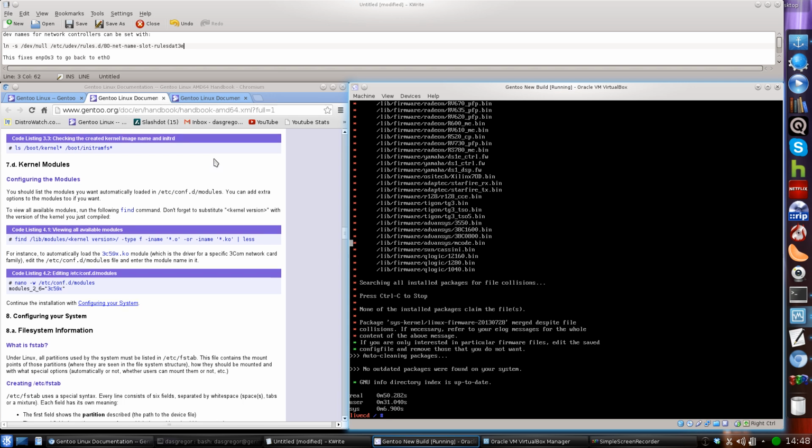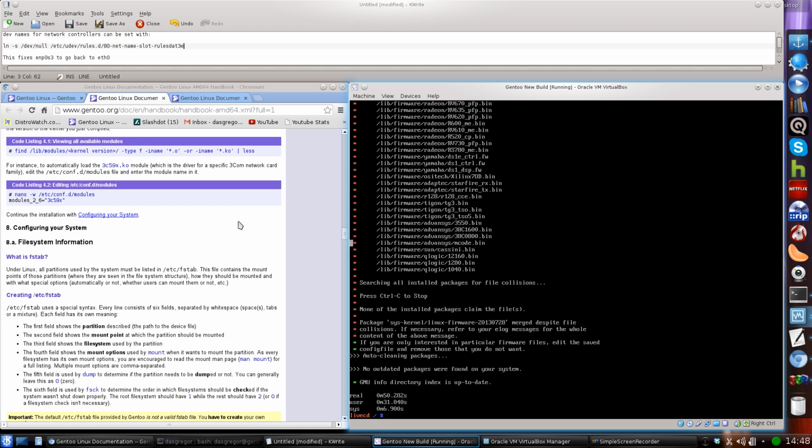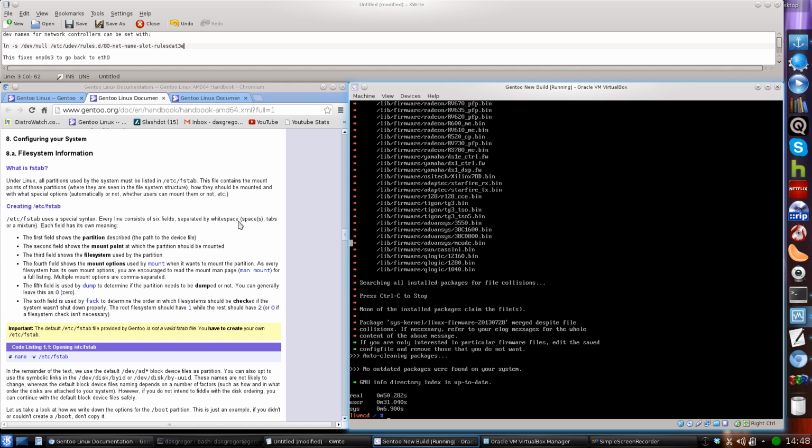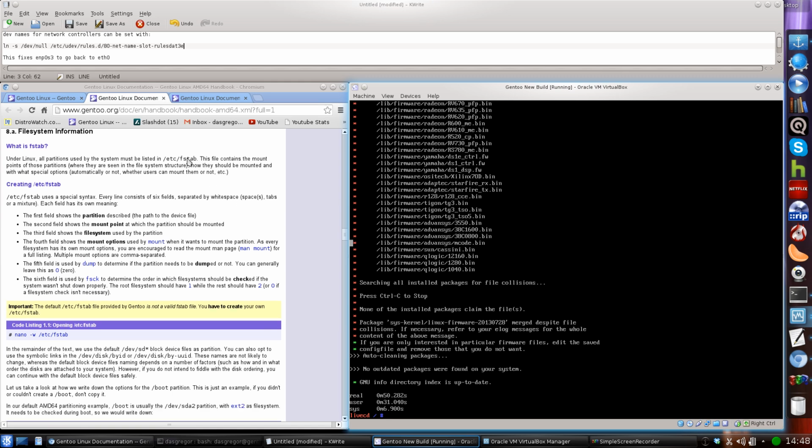Kernel modules. Let's see here. We're not going to worry too much about kernel modules for right now because everything kind of loaded without us having to set anything up. Well, we move on to configuring your system, file system information. This is where we're going to set up the fstab, or your file system tab, and configure that. So what we need to do is we do a